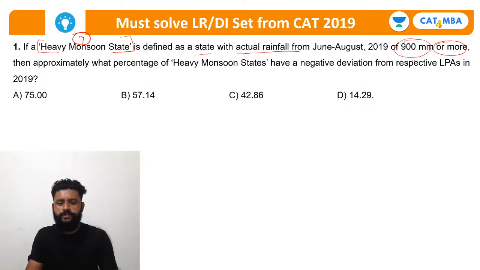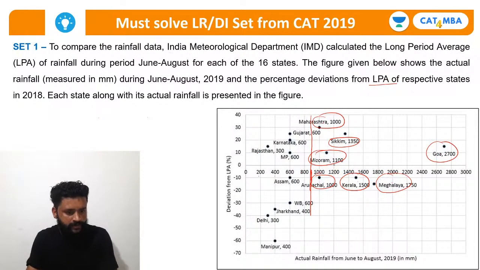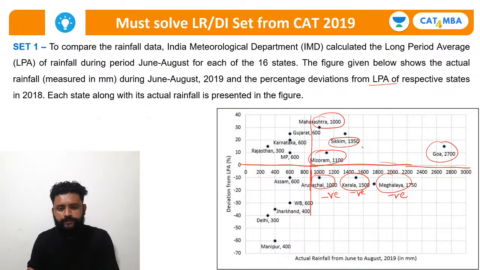Quickly drop in the comment if you understood this part up till now. Give me a thumbs up, guys. Okay, so then approximately what percentage of the heavy monsoon states have the negative deviation? अब ये 7 स्टेट में से कितने नेगेटिव डेविएशन वाले हैं? Look at the negative deviation. सो ये जो ऊपर के हैं, राइट? सो नेगेटिव डेविएशन में ये नेगेटिव है, ये नेगेटिव, नेगेटिव, बाकी तो पॉजिटिव हैं 4, राइट? सो 1 2 3 आउट ऑफ 7,